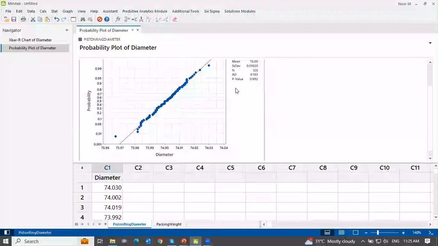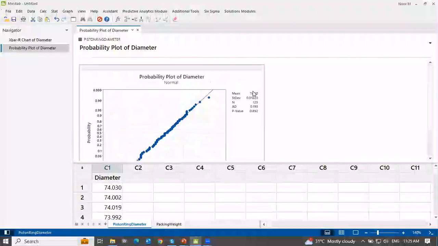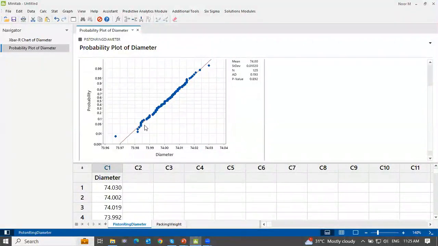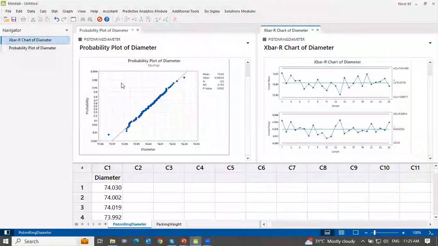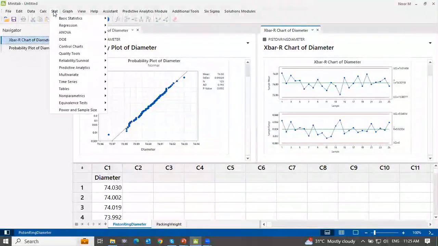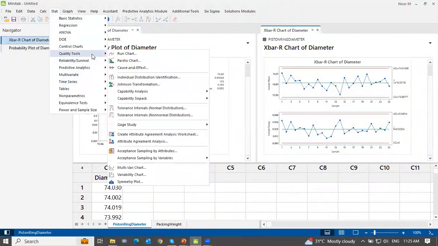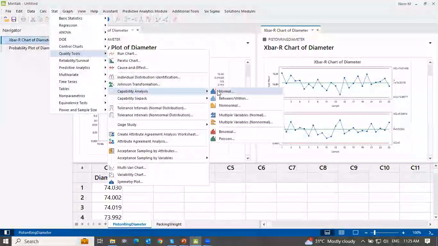Okay, based on the P value here, the P value is bigger than 0.05, so we consider that this process fits a normal distribution. The diameter ring process will have a normal distribution in this case. Once you already have your stability and your normal distribution, now go to the start, go to the quality tools, maybe I go for the